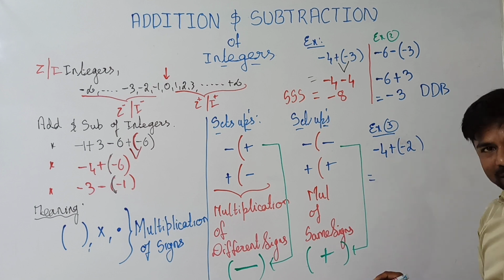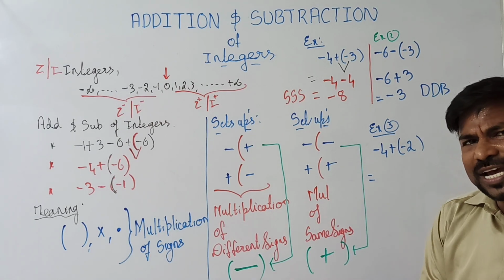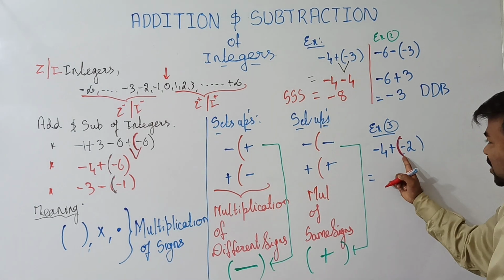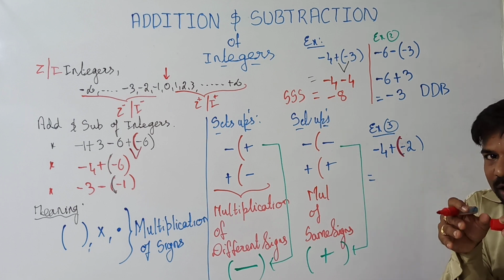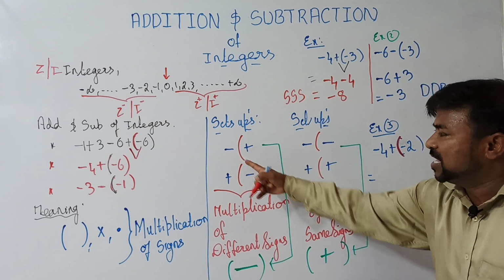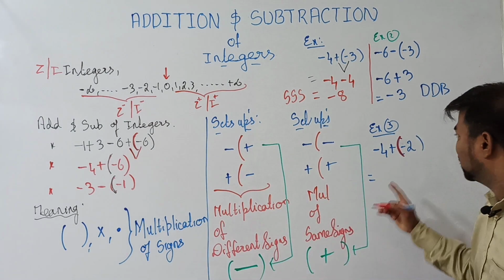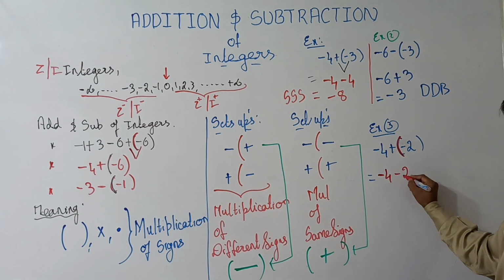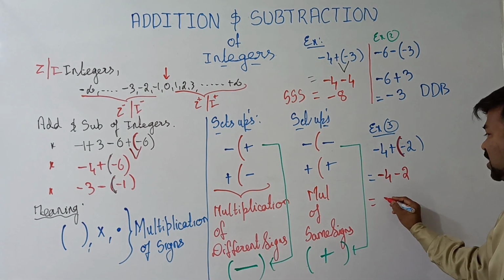Okay, now are we going to multiply here? How do you say that it is multiplication of the signs here? By seeing this one. It is nothing but multiplication. At the back side we are having one sign, and at the front we are having one sign. There is no number involved. So are they same signs or different signs? They are different signs. If they are different signs, what are we going to get? Minus. Therefore, here as usual minus 4 plus into minus, minus 2. Of course, as they are the same signs, sum them and keep the same sign. It is nothing but minus 6.